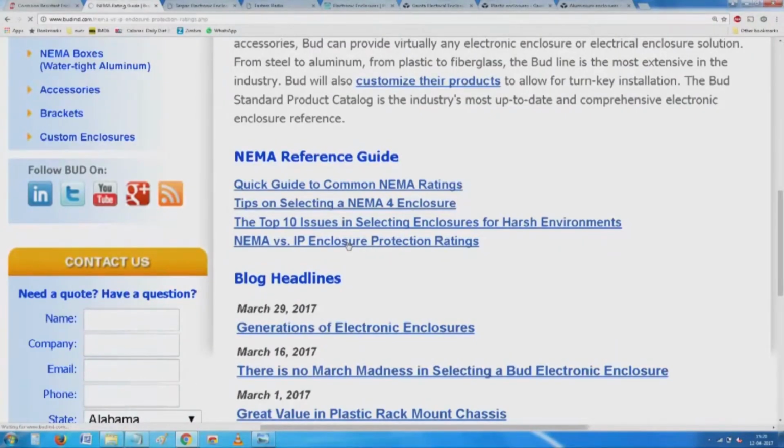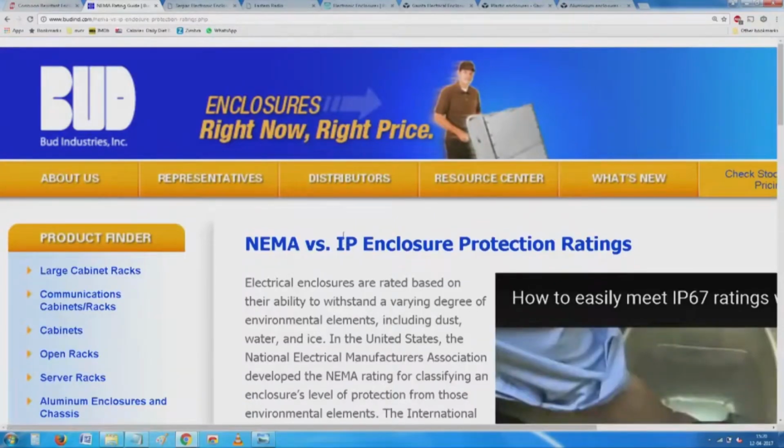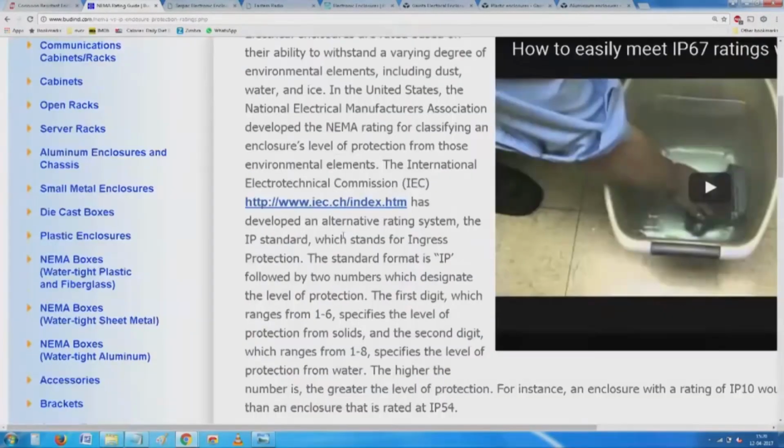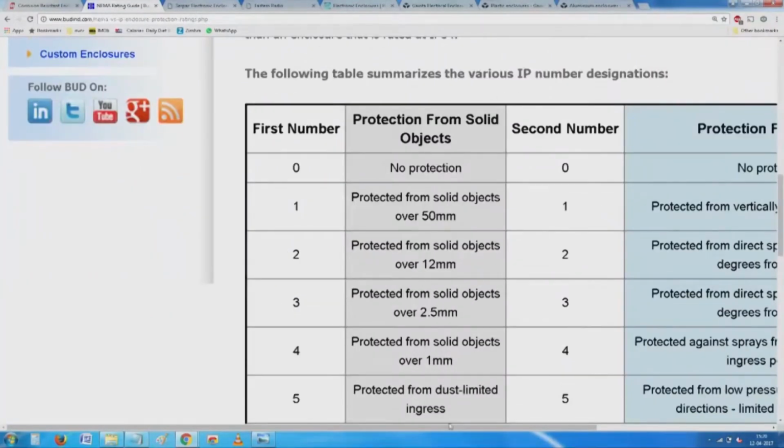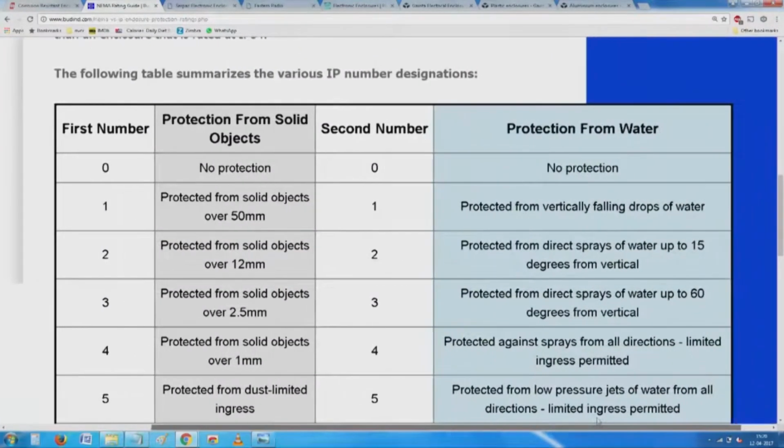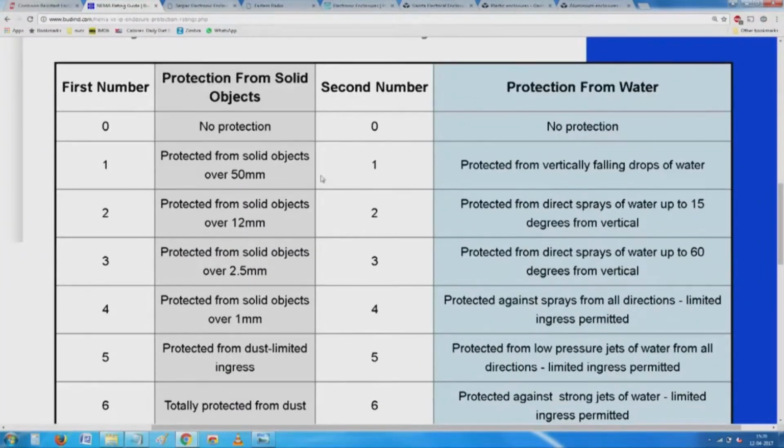If I suggest you read, go to their website and find out what is there. There are IP number designations. The smallest is